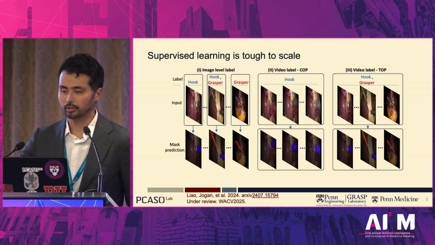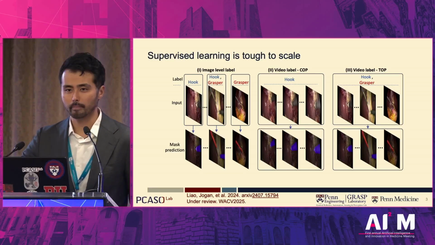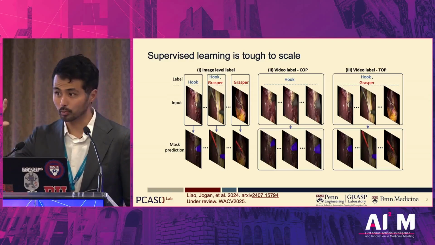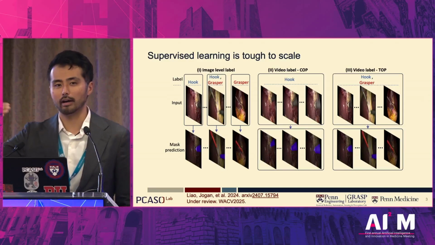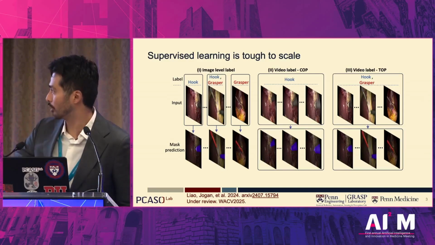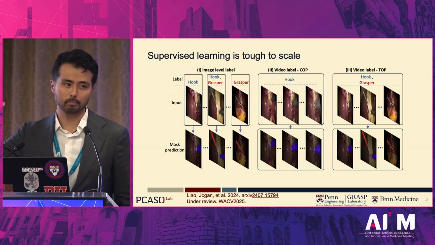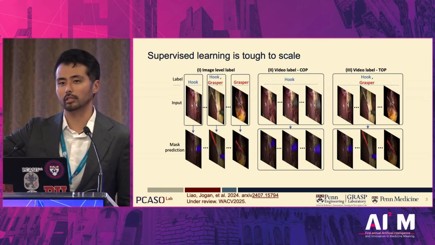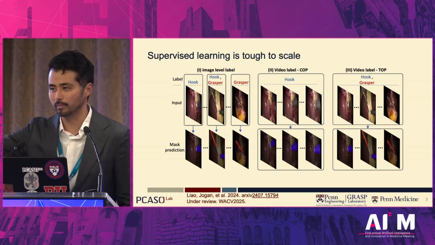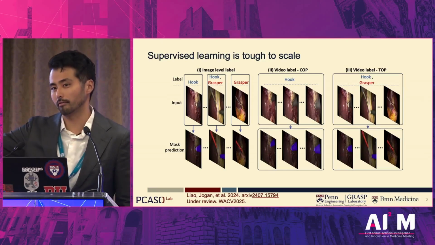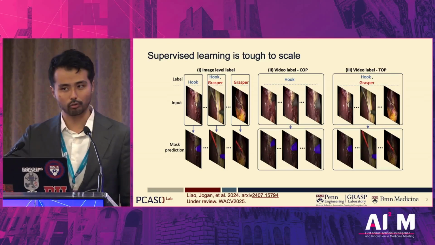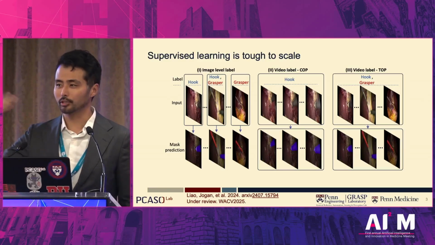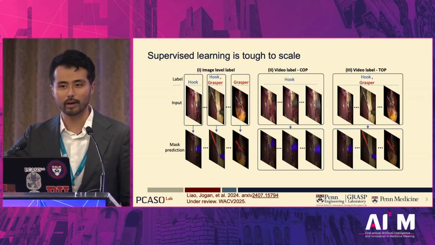And so people have tried to move toward other paradigms, thinking about, for example, these weak supervision elements, where you can say, okay, in this video, you have this particular instrument, let's say the hook in this example. That's predicated, though, on the understanding that you have constant object presence, which means that hook has to be there throughout every single frame of the video if you're going to infer that it's in every single frame. The reality of surgery, though, is that we deal with a transient object presence problem. Things are coming in and out of the screen, and that makes it very difficult.